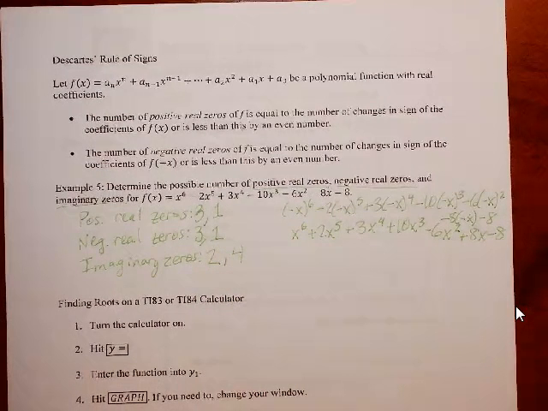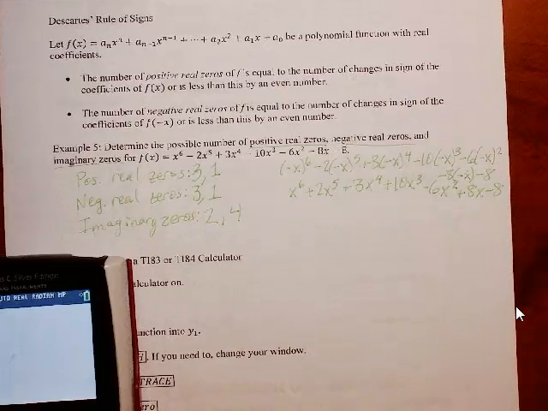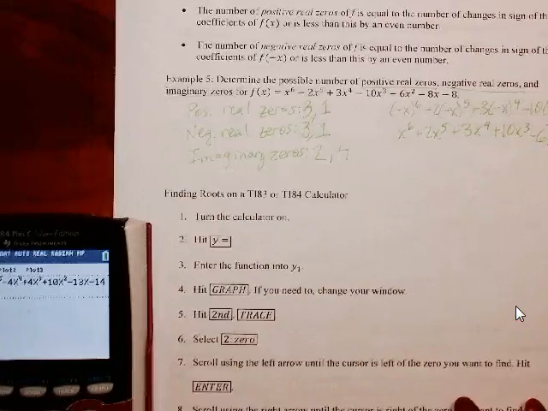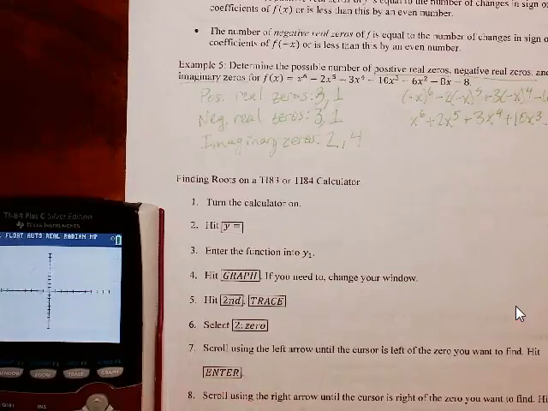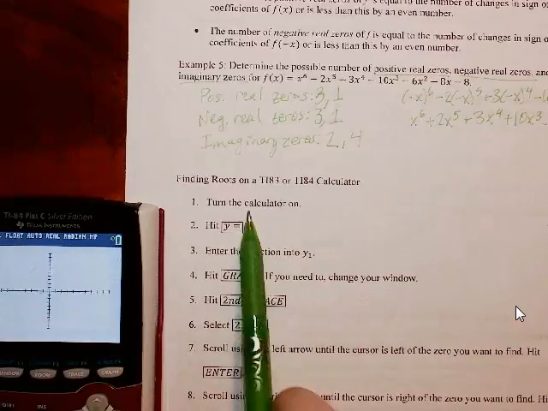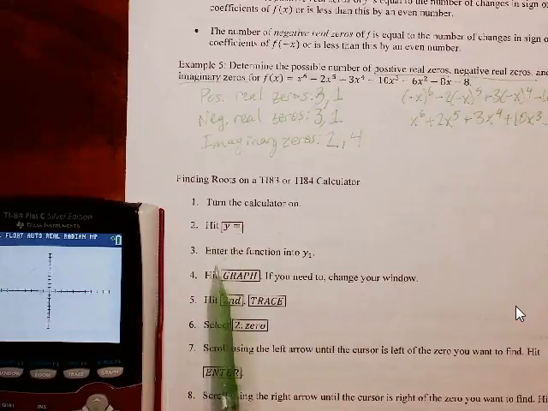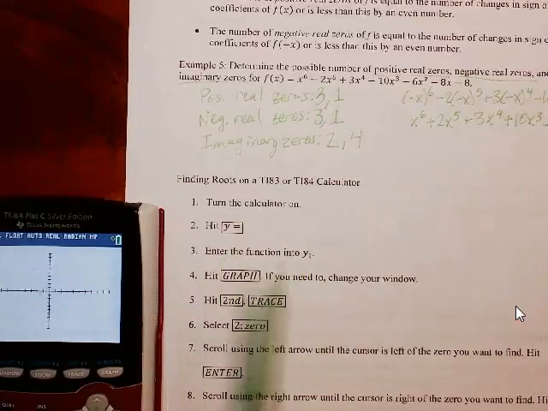So now we're going to find them using these directions here at the bottom. So we're going to type in our function first, x to the 6th minus 2x to the 5th plus 3x to the 4th minus 10x to the 3rd minus 6x squared minus 8x minus 8. We're going to graph it. So we turned the calculator on, we hit y equals, we entered our function into y1, we hit graph,